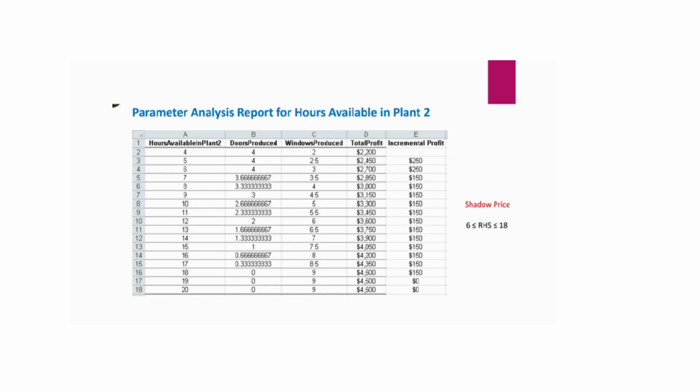After 6 hours, until the 18th hour, it was 150. We call this constant value of 150 the incremental profit. We call it the shadow price. And that shadow price has a specific range, being shown here to be within